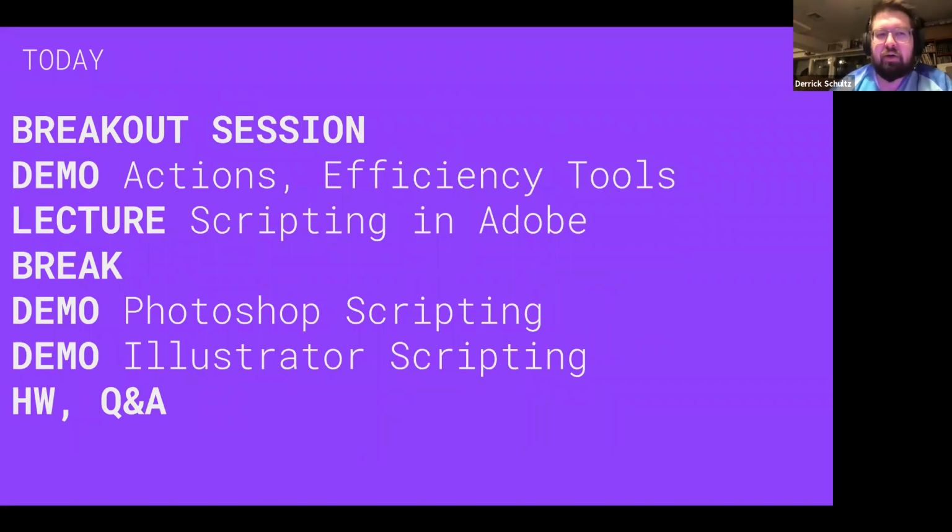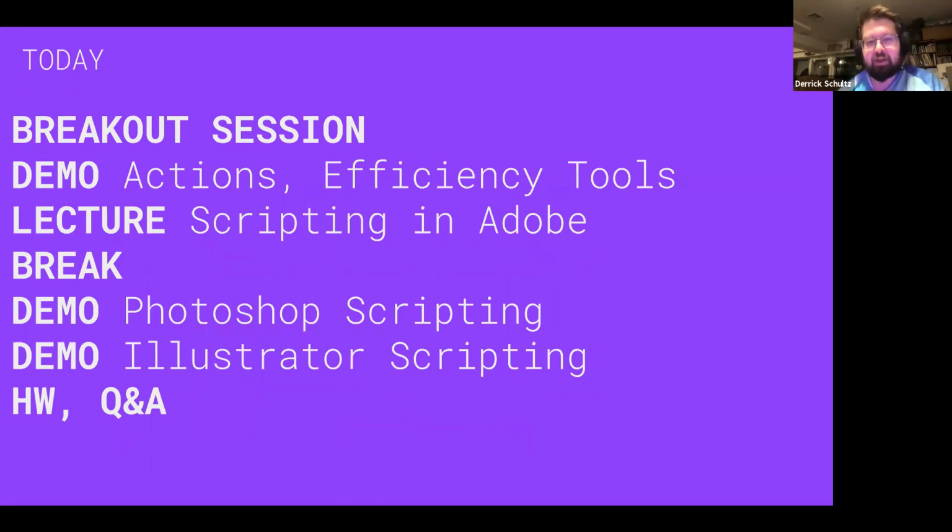So we'll be talking a little bit about some tools that I use in Photoshop to make things more efficient for myself. I do a lot of my work in Photoshop, cleaning things up, straightening things, that sort of thing. So I'll show you some of the tools that I use, and maybe that'll help give people some ideas. And then we'll look at actions, which are probably the bare minimum of what you might want to start playing with to figure out what you're doing. And then we'll talk a little bit more about scripting.